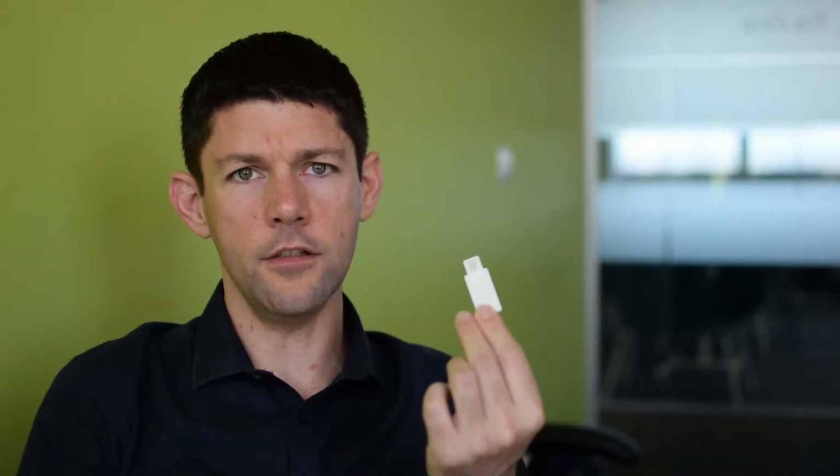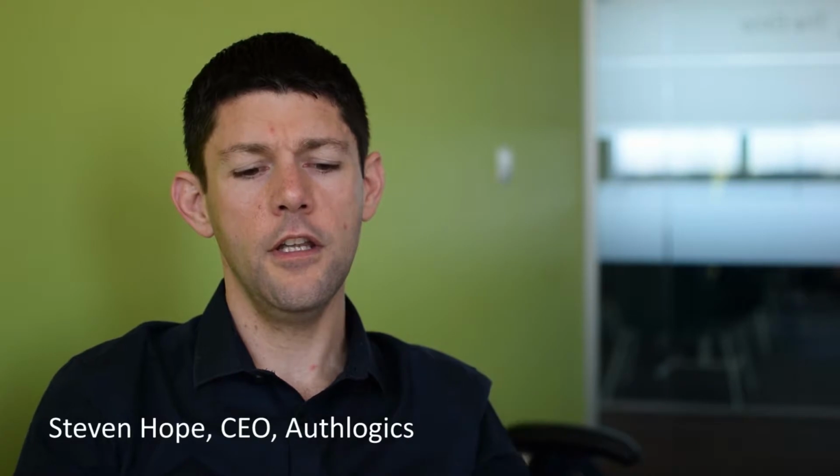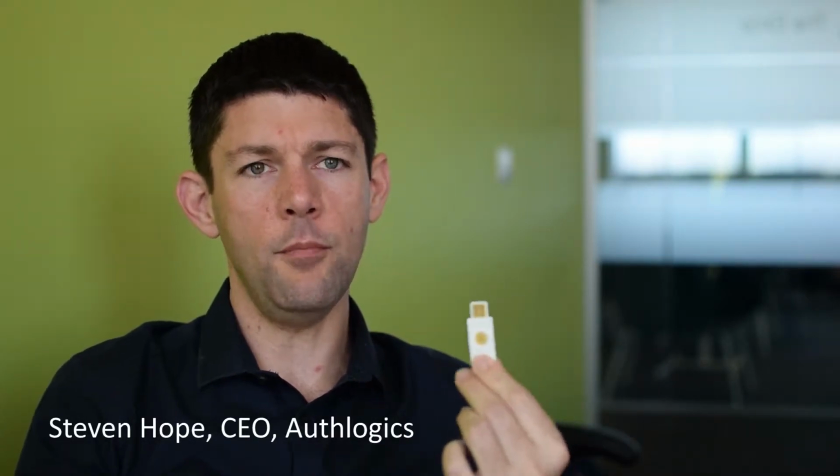We decided to work with YubiKey, who create these nice little USB tokens. Now, the advantage of these is they contain no battery, so you don't have to replace the hardware token every few years. There's no screen on them that it potentially can break. So it's a pretty hard little piece of kit. So generally you buy it once and then you're done, unless you need to replace it because it's got lost